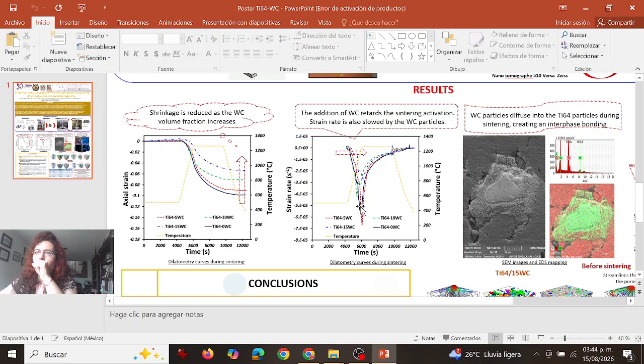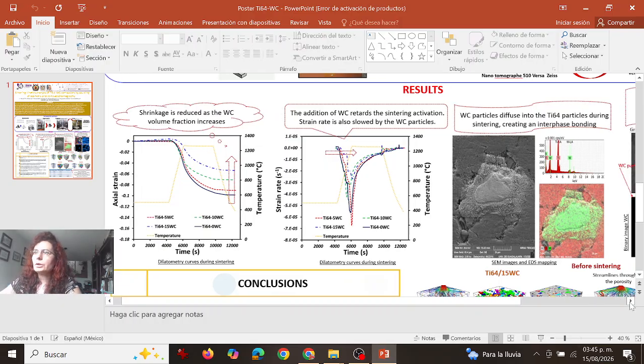And in this one, of the strain rate versus time, we can conclude that the addition of these new particles of tungsten carbide retards the sintering activation, and the strain rate is also slowed by the WC particles. Okay, so let's continue